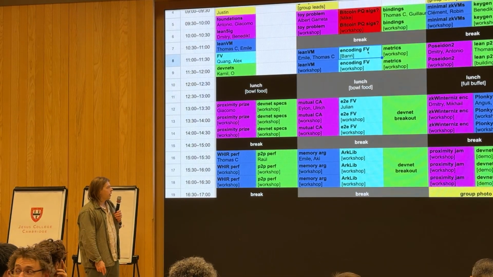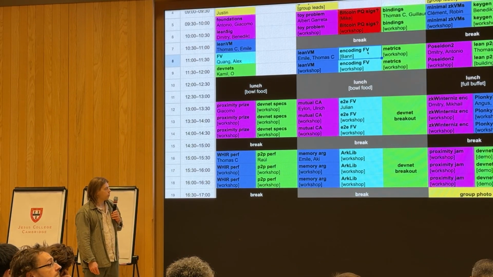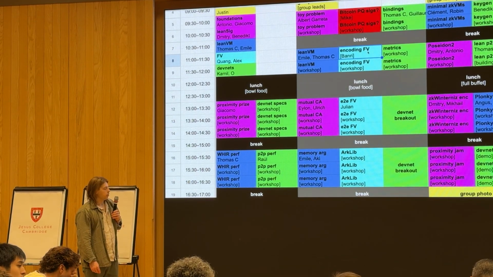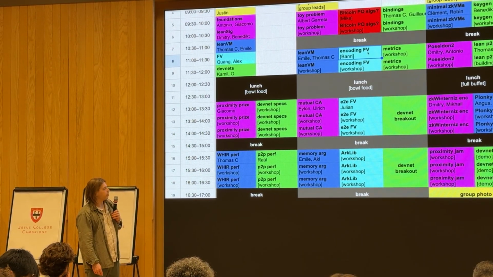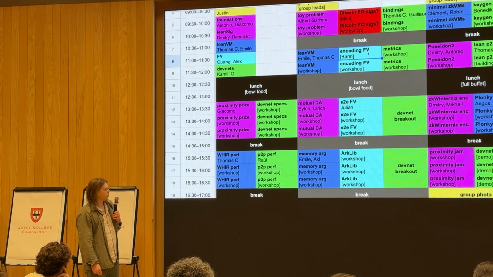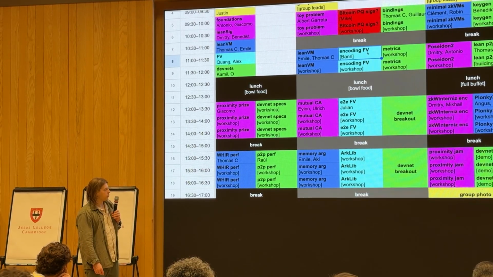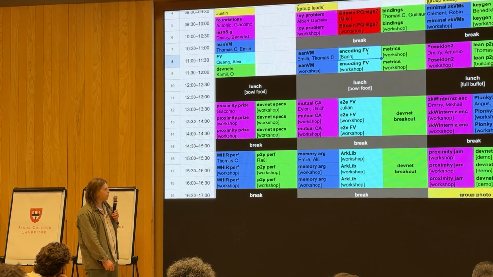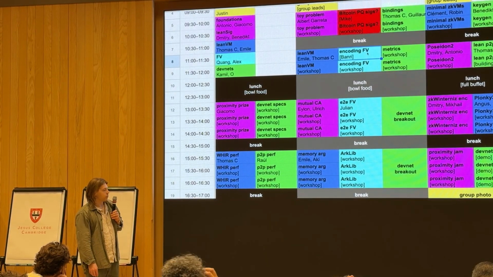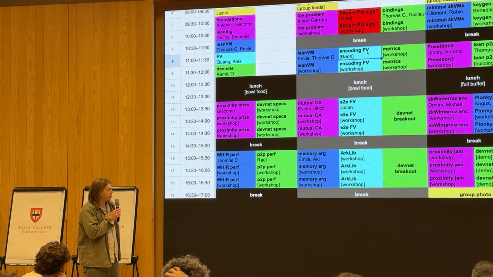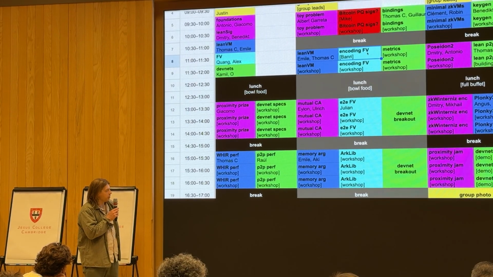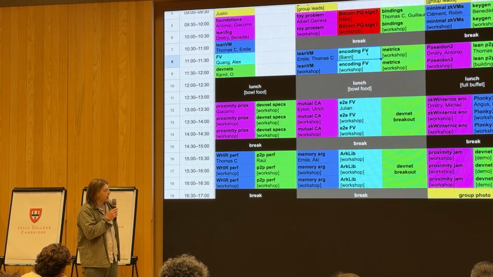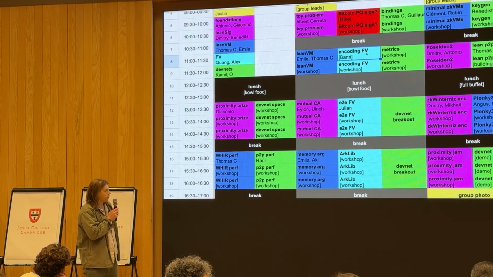And then after that, we'll have ArkLib, which should be quite exciting, because this is a library of SNARKs in Lean. For this one, I'm mainly hoping to get a lot of cryptographers in the room and get some feedback on what we're doing, and hopefully interest some of them in what we're doing, and potentially find new contributors as well. So I think we'll primarily go over the interactive oracle reduction framework that Quang has been developing, and we should have a spec of FRI in Lean to show off, which should be exciting as well.